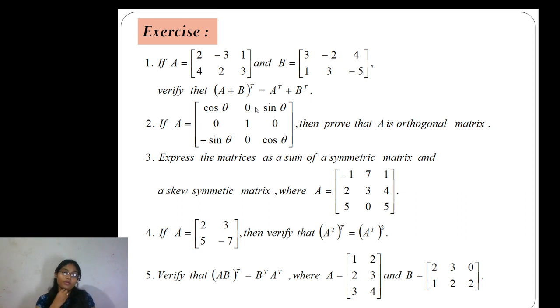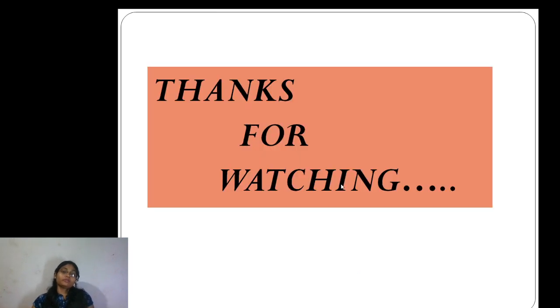এই যে A ইকুয়াল টু দেওয়া আছে, অর্থোগোনাল ম্যাট্রিক্স দেখাতে হবে। এর ট্রান্সপোজটা নিয়ে নেবে প্রথমে, তারপরে A ইন্টু A ট্রান্সপোজ করবে, যা আছে ওটা যদি I বেরোয়, আইডেন্টিটি ম্যাট্রিক্স, এটা A ইন্টু A ট্রান্সপোজ ইকুয়াল টু A ট্রান্সপোজ ইন্টু A ইকুয়ালস টু I যদি হয়, তাহলে এই যে অর্থোগোনাল ম্যাট্রিক্স, ওকে। এখানে আছে দেখো এক্সপ্রেস ম্যাট্রিক্সের, একই রকম আমি একটা অঙ্ক করাই আছে এক্সাম্পলে, দেখে দেখে করবে: capital A ইকুয়ালস টু সিমেট্রিক ম্যাট্রিক্স প্লাস কিউ সিমেট্রিক ম্যাট্রিক্স, এই আকারে প্রকাশ করতে বলেছে। ওকে, থ্যাঙ্কস ফর ওয়াচিং।